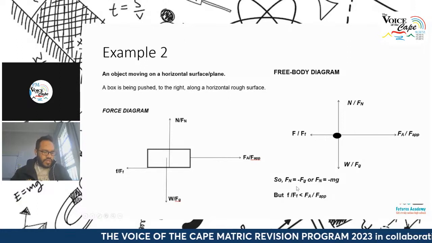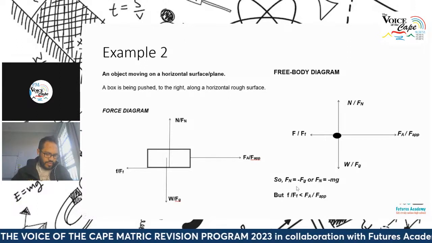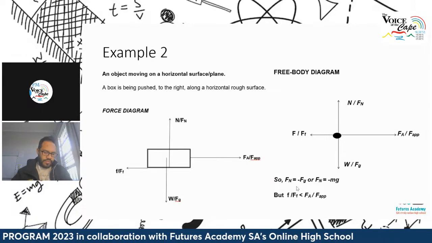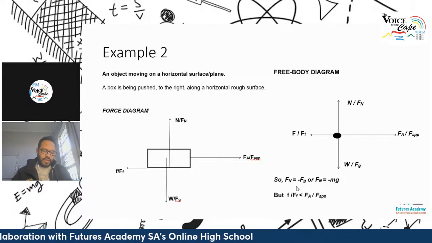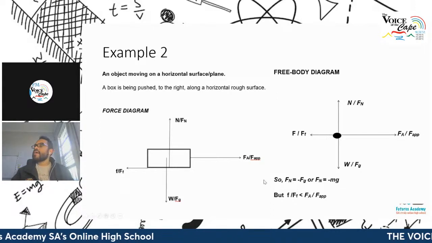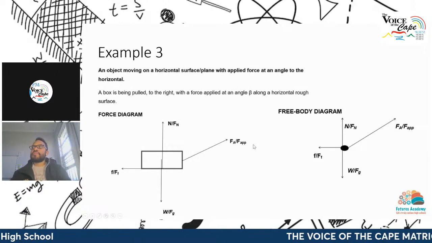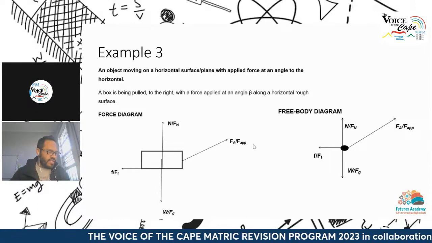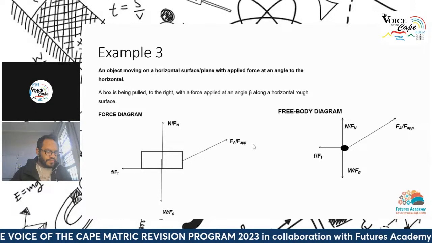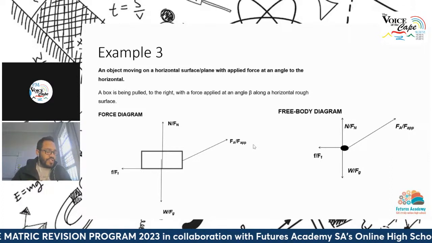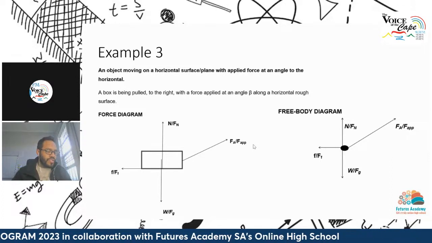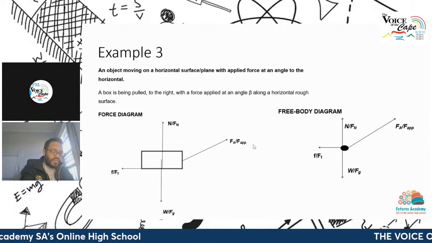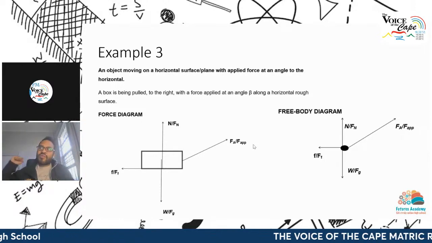Okay, now we go to example number 3. Remember, the first one was just the free body diagrams. We had something at rest. Example number 2 was we're moving an object to the right. Now, in example number 3, we're going to also be moving an object, but when we do so, we are pulling the object. Like, let's pretend there's a box, and I tie a rope to the box,